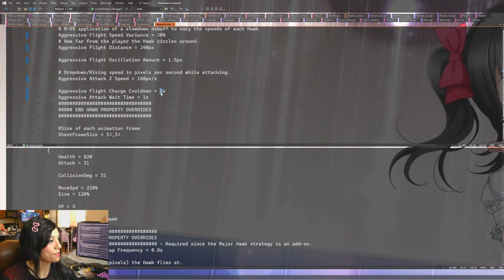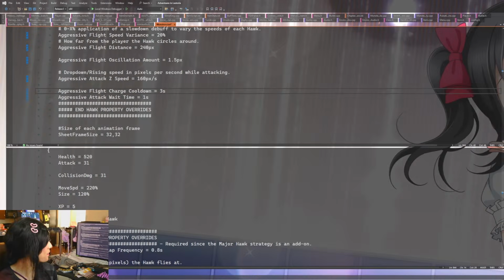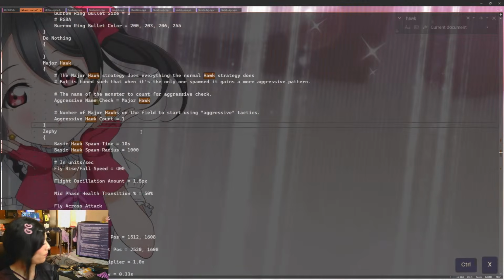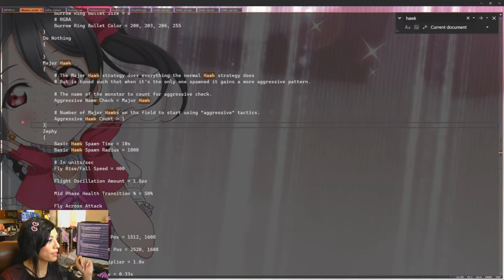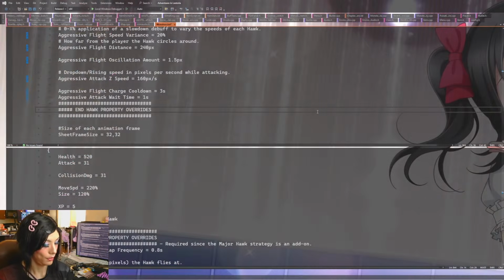Why do I have this variable in 2 places? I don't think I need to have it in 2 places. I think I'm just confusing myself, but that's the fix. Basically, I wrote a hack earlier to make that major hawk strategy work that way. So that should fix itself.